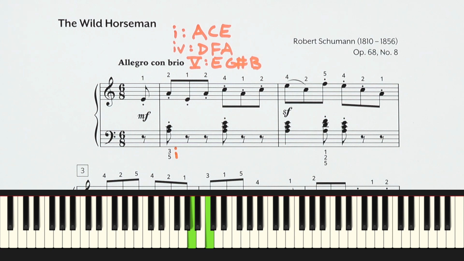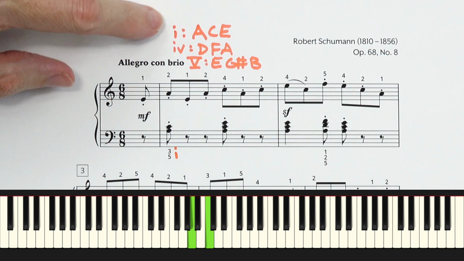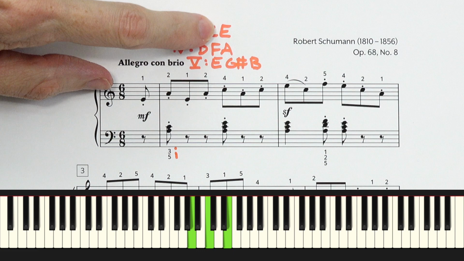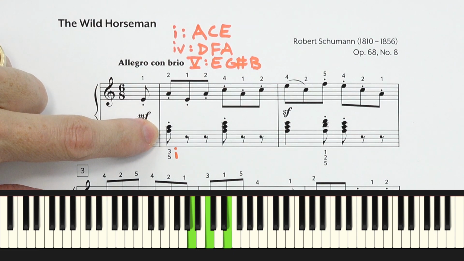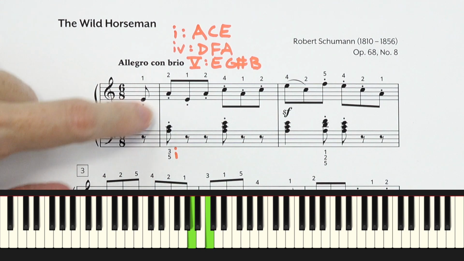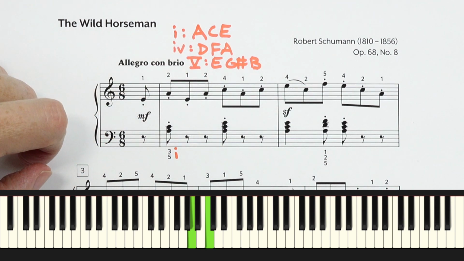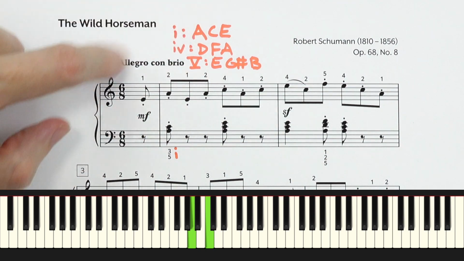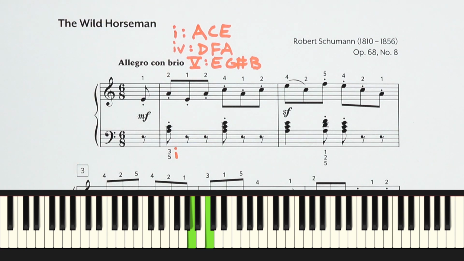Because it has an A and a C, I can tell that's a 1 chord. Even though it doesn't have the E, remember, chords sometimes will get creative and might choose to leave out a note. But there's no other chord that it could be. No other chord has an A and a C in it from this 1, 4, and 5 option.